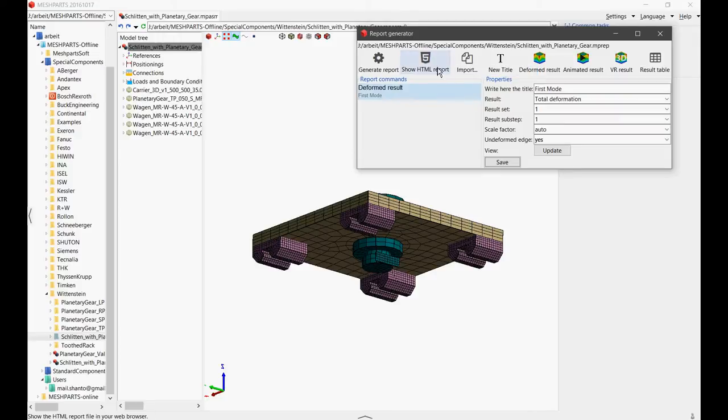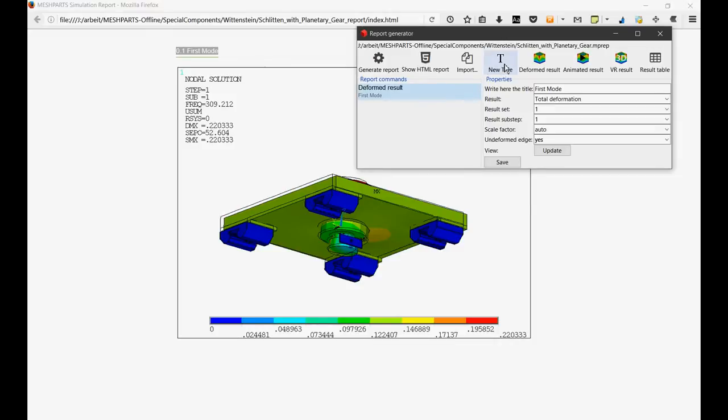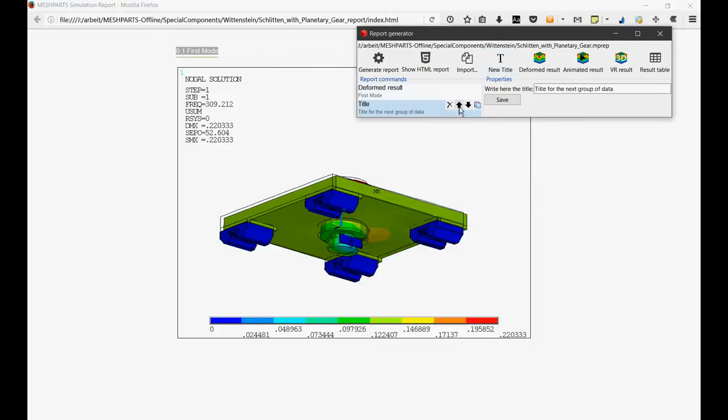For this, we have to click the second button, which says Show HTML Report. Now we see the HTML file where the deformed edge for the first mode is shown for the assembly. We see the title is also changed according to what we wrote. Just in case we need some additional information or comment to put here, we have the provision to put a new title here,